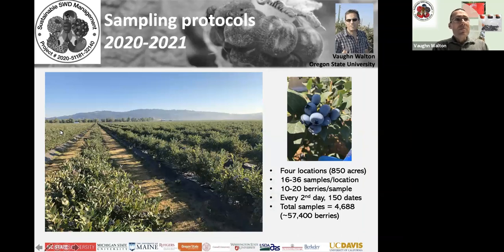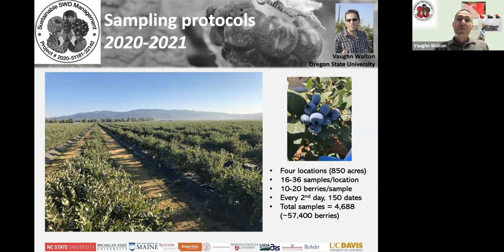this is a reasonably big area. This is an example of one of those fields. When you look at these rows here, the right-hand side of the row is the east side, the left-hand side is the west side. I took a photo of some berries there, and you can see shading. The collection of the berries was done on the east as opposed to the west side of the canopy, because we believe that it's slightly cooler there and that the berries are more likely to be infested. In the center of the canopy, on the east side of that row, we looked at 4 locations